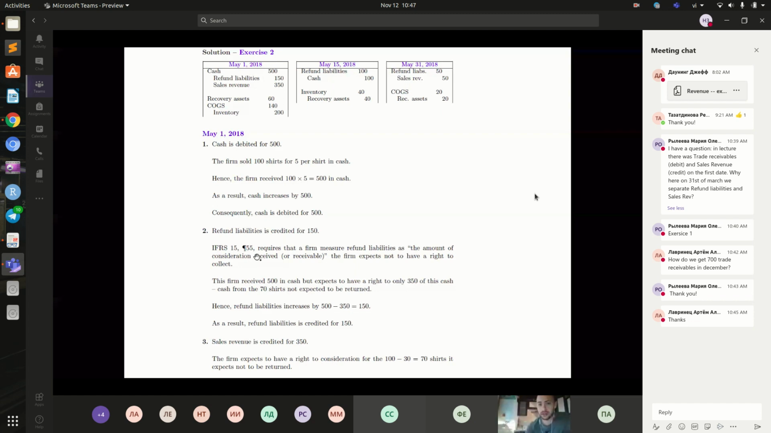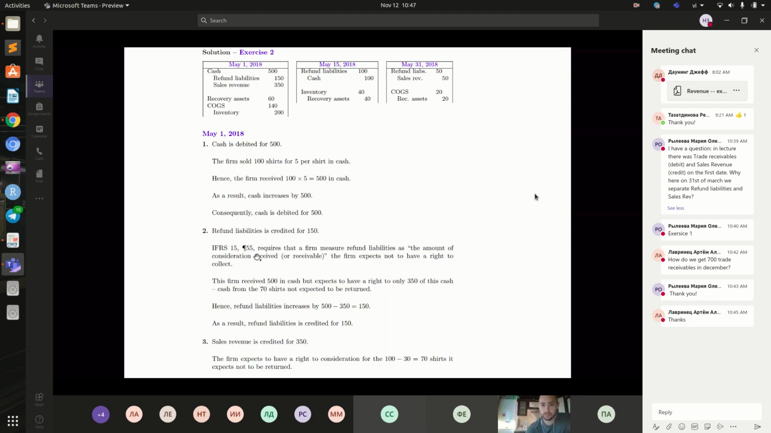liabilities, credit cash 100, the value of the cash paid to customers as a refund for shirts that have been returned. In addition, we have recovered 20 shirts. These shirts are inventory with a carrying value of 2 per unit. Hence, inventory increases and recovery assets declines by 20 shirts recovered, multiplied by the carrying value of 2 per shirt,